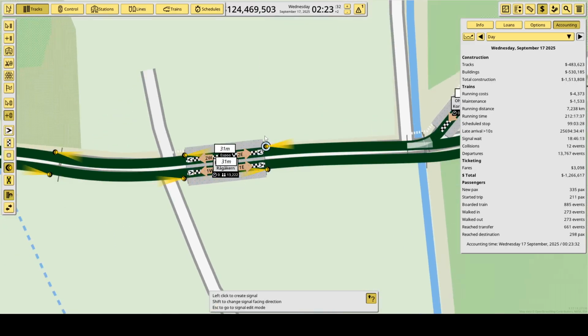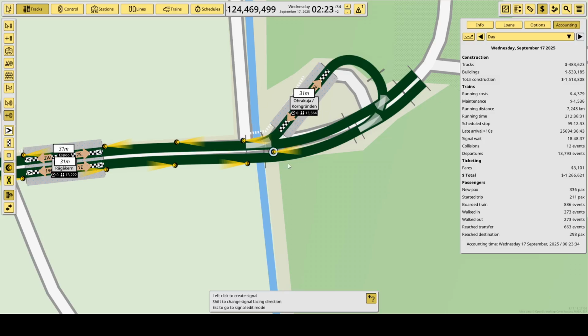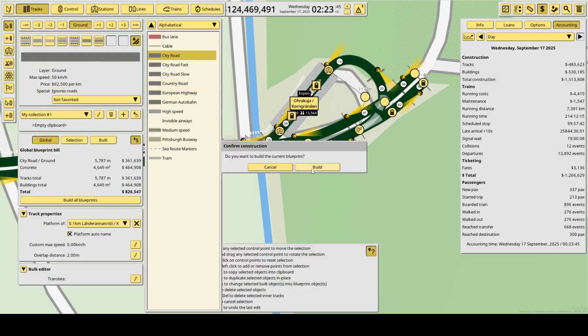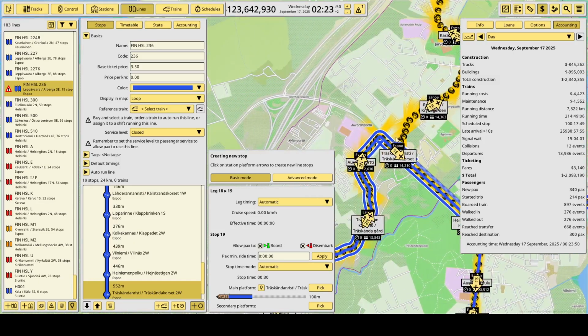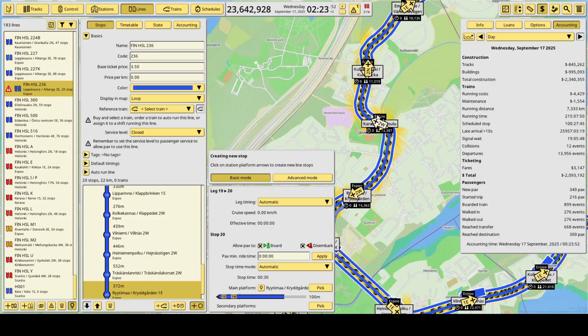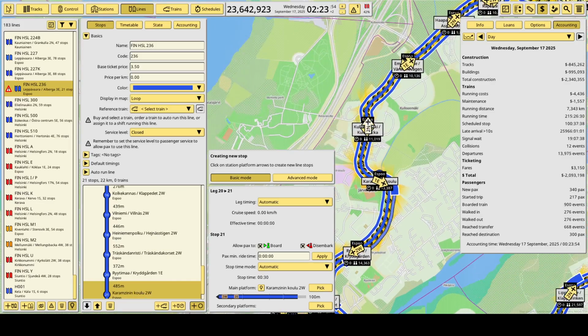So there we go. So roads have been built. Then we will have to find the line again and finalize it.